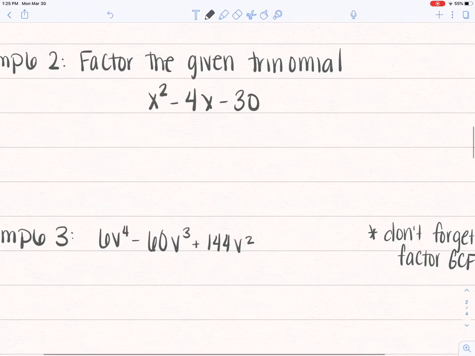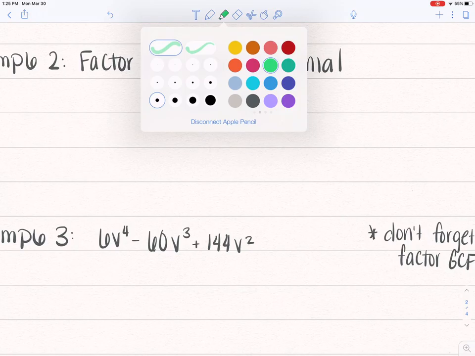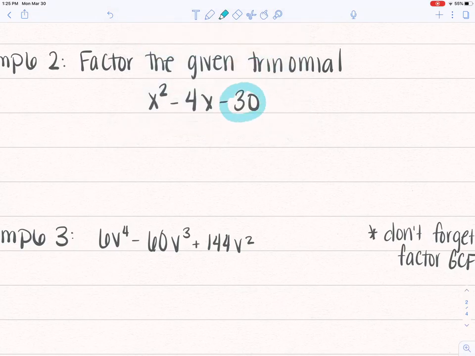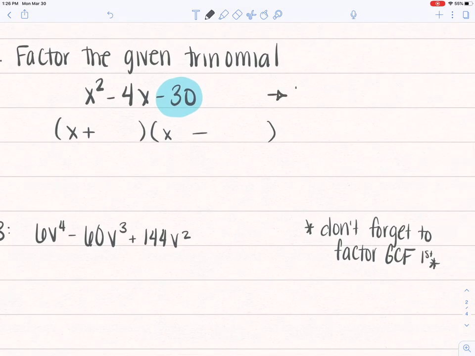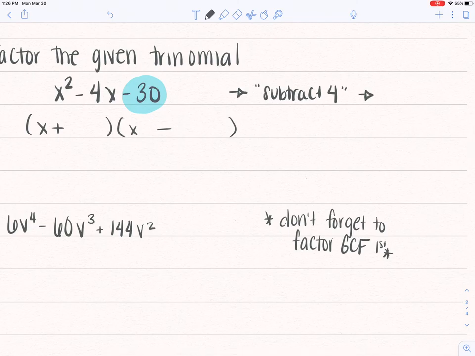Example 2, factor the given trinomial. My last term, my constant, is negative 30. So because C is negative, my sign chart tells me that I'm going to have one positive, one negative, which means I am subtracting, because with opposite signs I subtract to get the middle number, so I'm subtracting to 4,